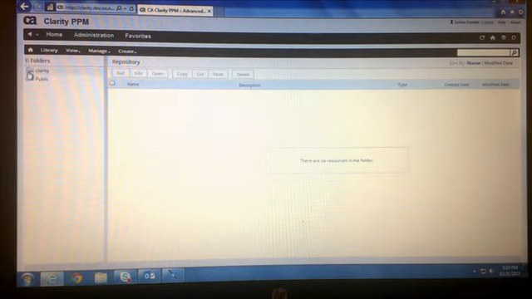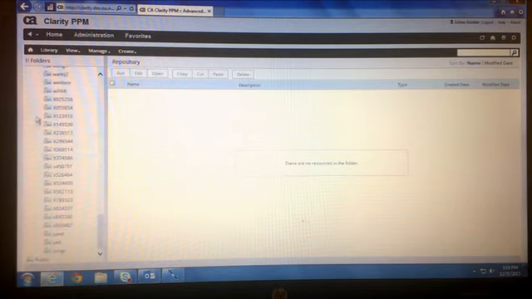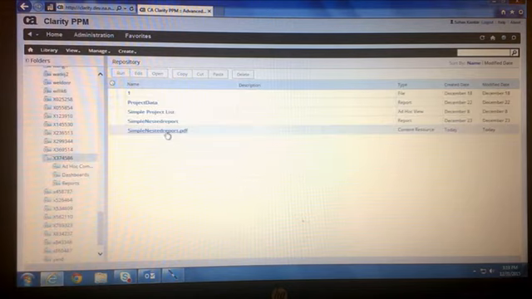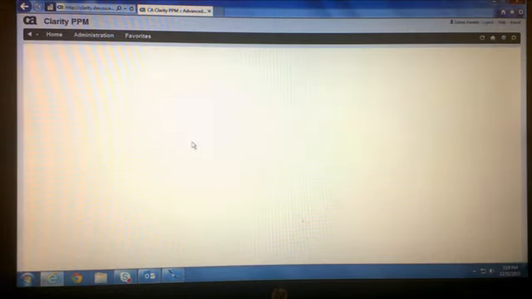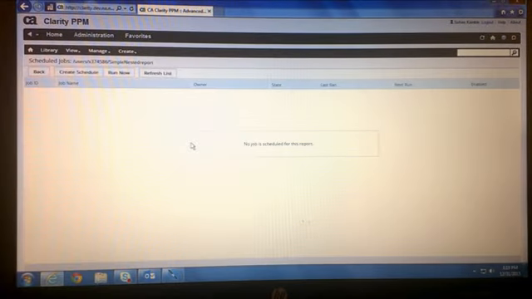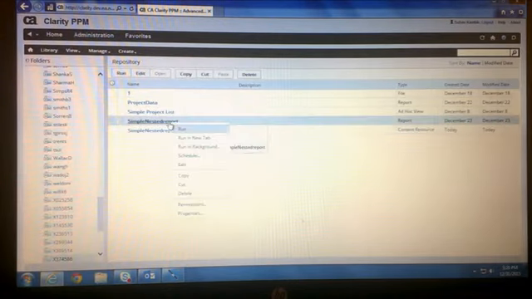On the left hand side I have saved the report under the users folder, and it is here. So this one I'll edit it. Once you save, if it is not ready to be shown, like, oops, I clicked the wrong one, not ready to be run, as in our case we have not configured the parameters well.